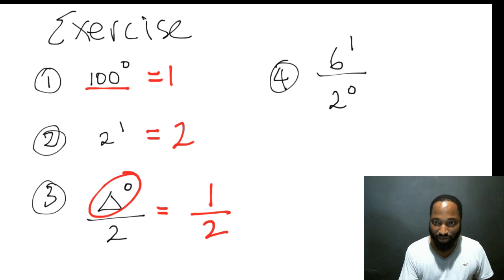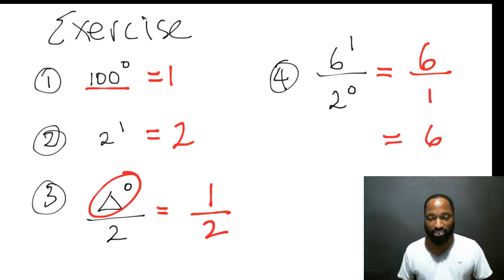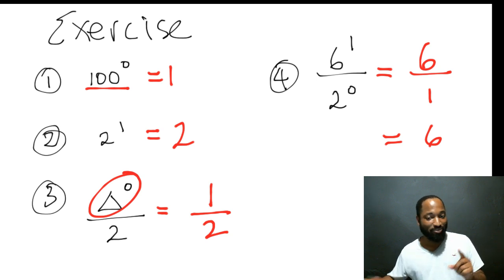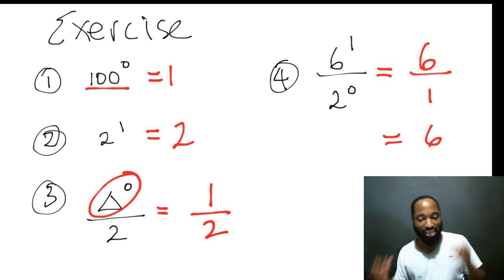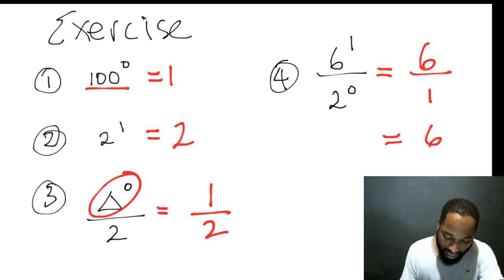And the last one, I'm seeing people putting answers for the last one. That's correct. The last one is 6, because we have 6 to the power of 1 being itself. Any number to the power of 1 is itself. So I put back the 6. Any number to the power of 0 is 1. So that's 6 over 1, which is the same as 6. So cool. You see how in maths they teach you one thing and then give you a little extra tidbit in the end, and that's where you have to start to click up there. So you need to click up there as fast as possible.